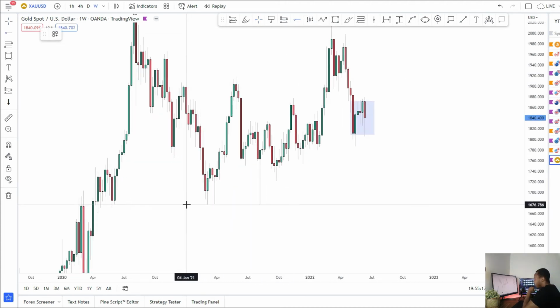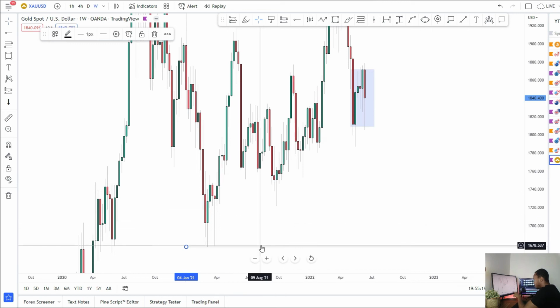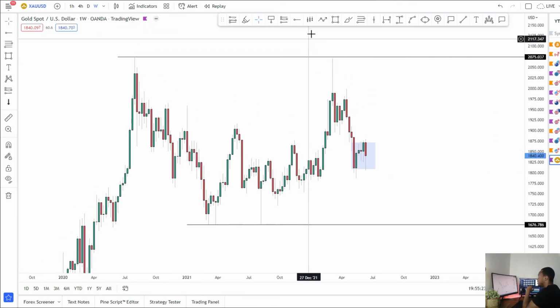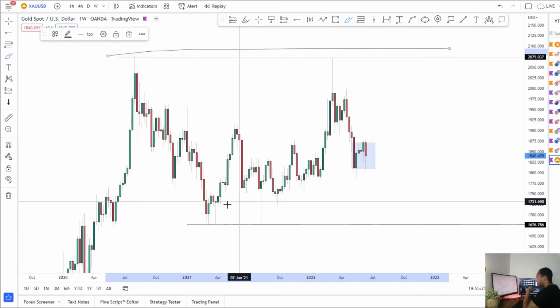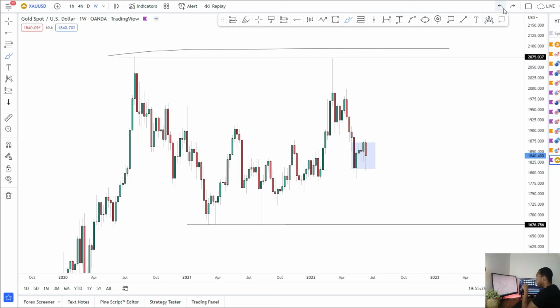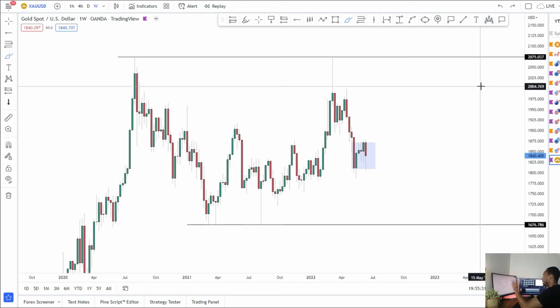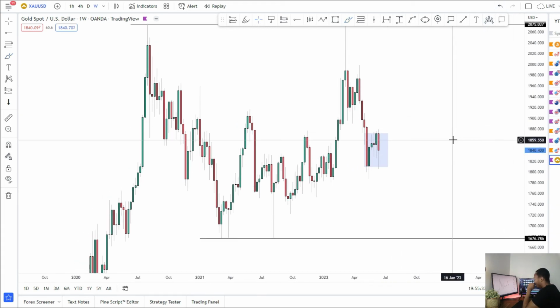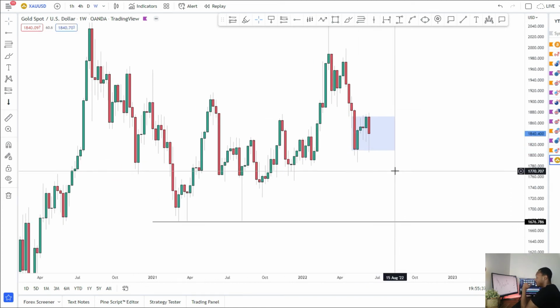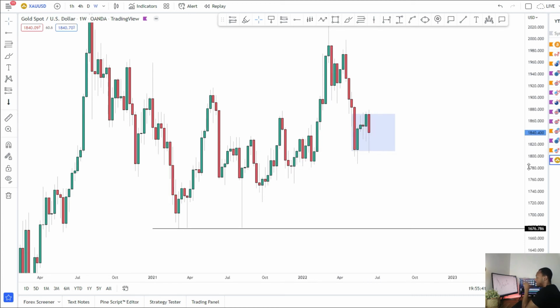And not too long ago we formed these lows, and again so close to taking out that wick there, failed to do so and reversed. So either way, there's a lot of liquidity above these highs and below these lows. One of those, that high or that low, is going to get taken out. And from my analysis, the breakout of this consolidation, as long as it's not false of course, will probably be the decision maker of which low or which high we go